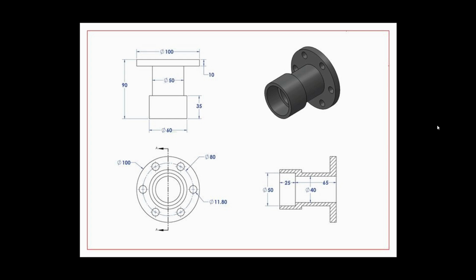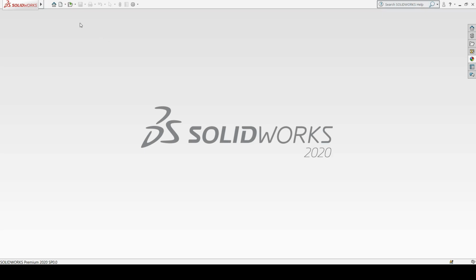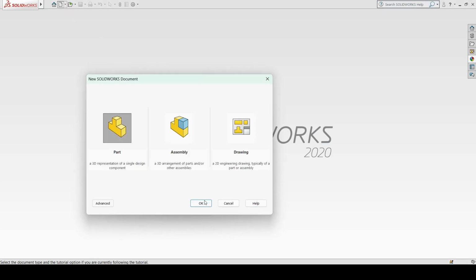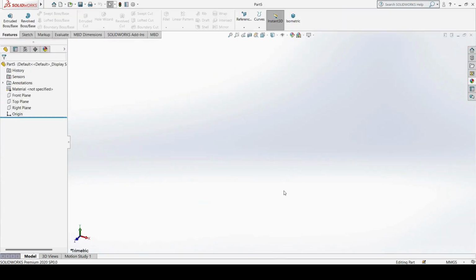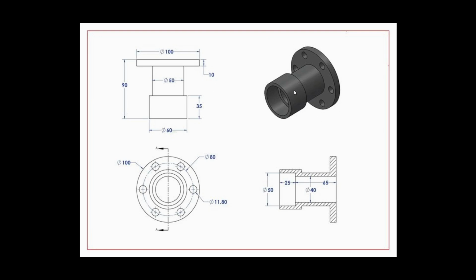Hello everyone. In this video, we are going to see how to create this model in SolidWorks part design. So I will enter into a new part design. Let's say OK. Now to create this part, as you can see, the entire thing is circular in section. So in this case, you can directly create only the half profile and make it with a revolve